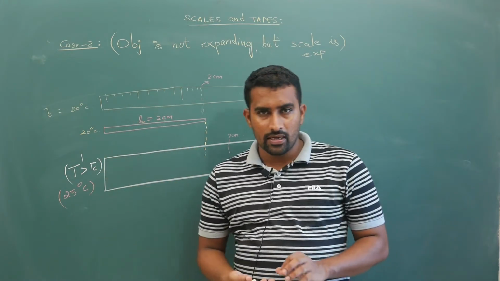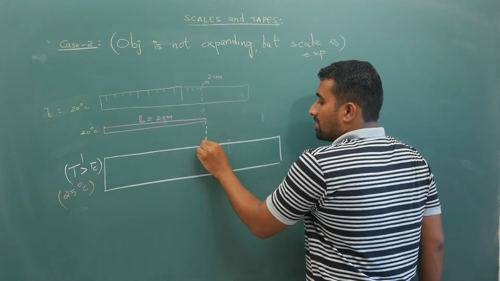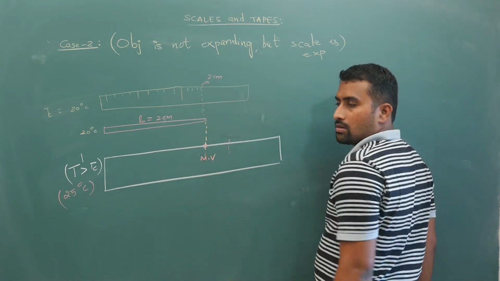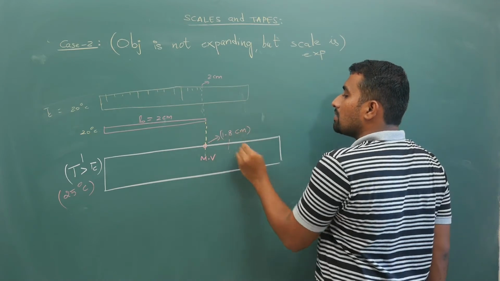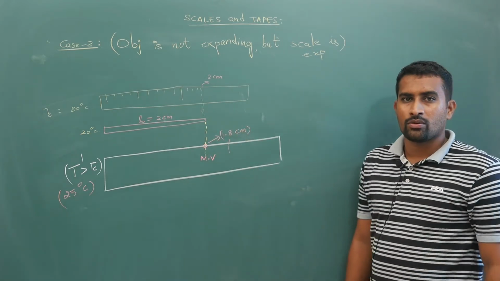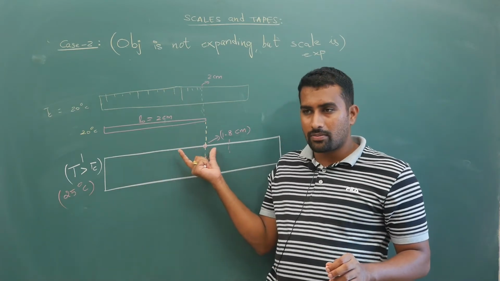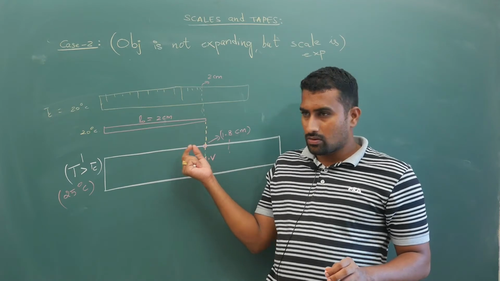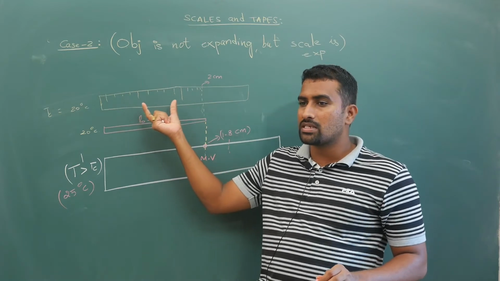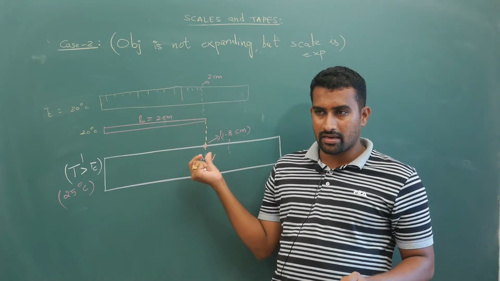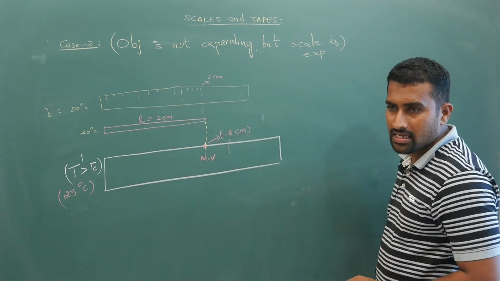Now observe very carefully. Here this is your measured value. Your measured value will obviously show a lesser reading. Let us say it is showing some 1.8 centimeter. Because of expansion, when the scale gaps are increasing, obviously it will show a lesser reading. The gaps between the readings will increase, and because the gap is increasing, it will show a lesser reading. So your measured value, let us say, is some 1.8 centimeter.